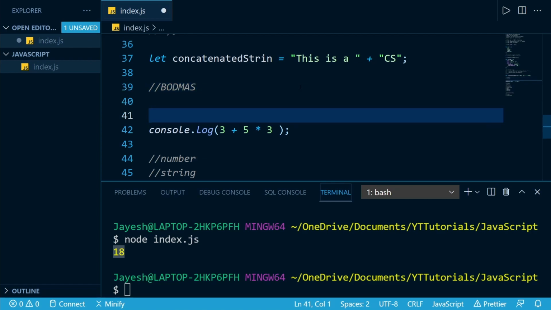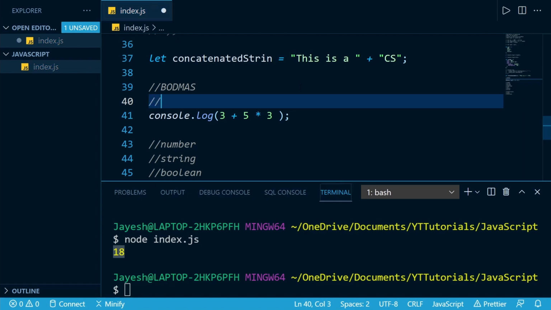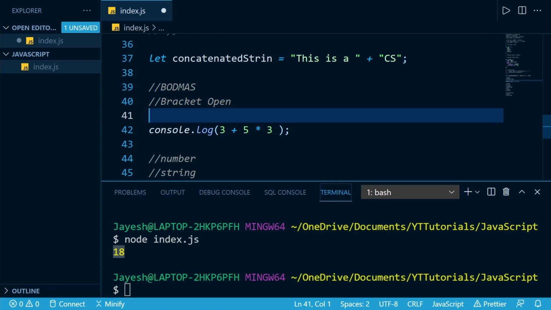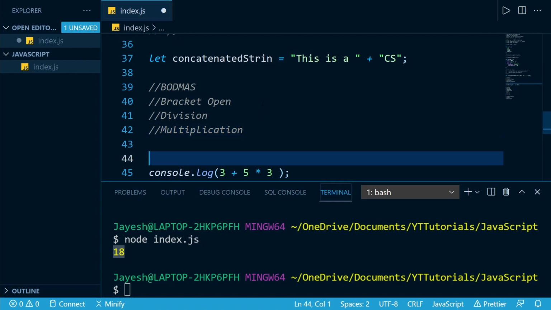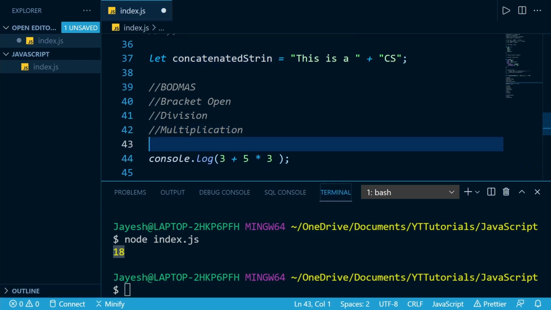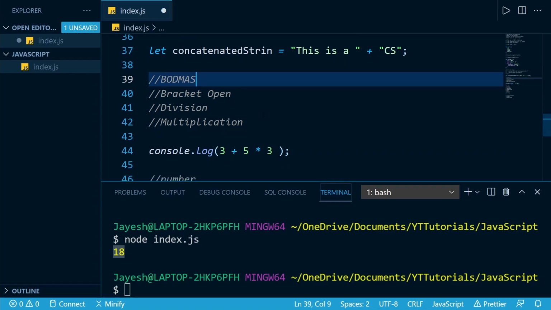BODMAS. First of all, if there are any brackets, so B for bracket open, it will do the operations inside the bracket. In this particular example, we do not have any brackets. So what is the next thing it will do? It does division, but because we do not have division, let's move ahead, and then we have multiplication, and after multiplication we have A for addition and S for subtraction.